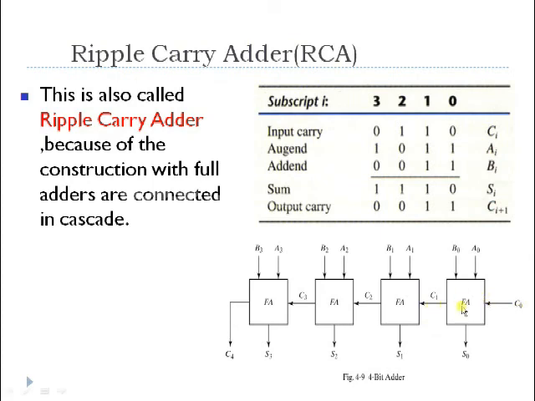Now after completely adding these 2 bits along with the carry, this full adder will generate a carry. Now the next full adder would be processing its inputs along with the carry, and during that time the other full adders would be idle again. So in order to perform addition between these 4-bit binary numbers, some delay is generated here. That delay is just because of these full adders. That is called propagation delay, and this is the only drawback associated with the ripple carry adder.